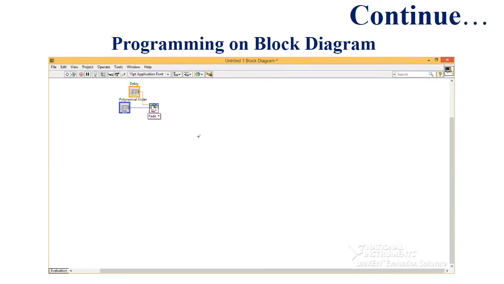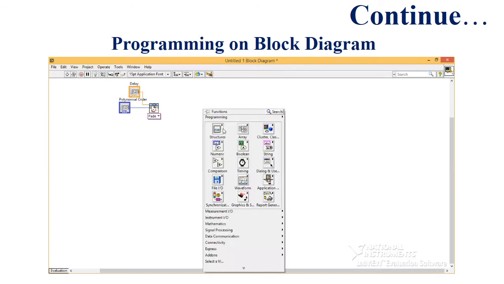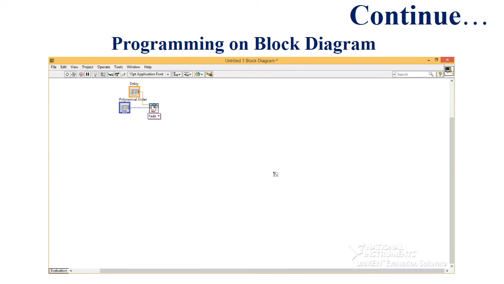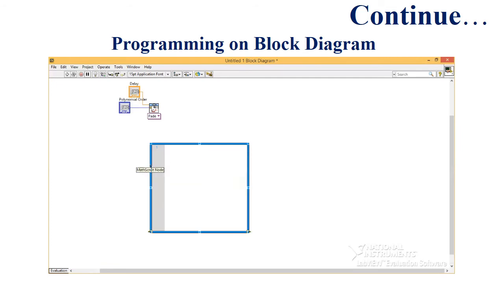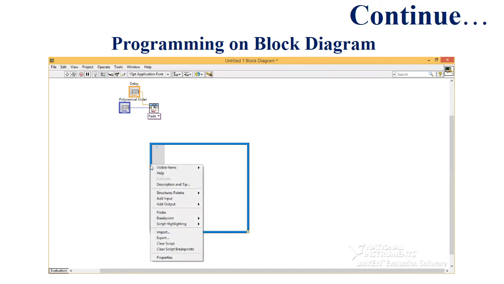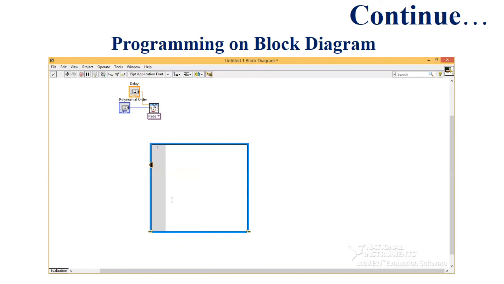After this, for the representation of the 3 transfer functions, we will use MathScript. So right click, then move towards structures, then towards MathScript. Then basically here we have one numerator, k. So right click on the left side of MathScript and pick add input. Write down k and right click on this k input and choose control. After this, write down numerator equals k.